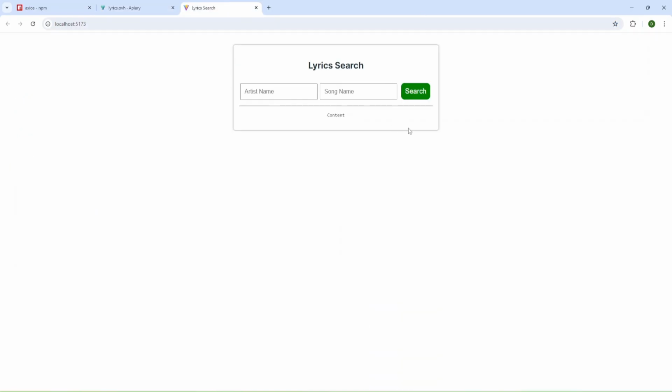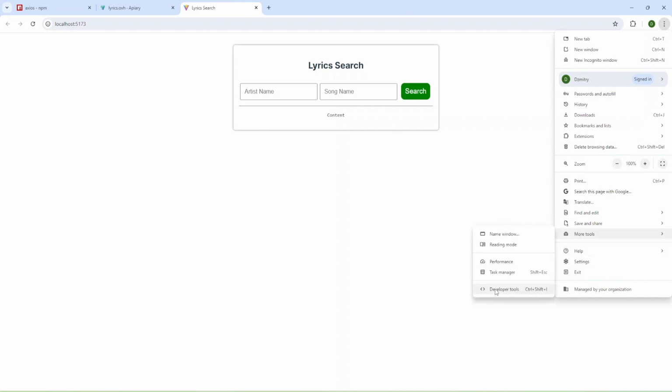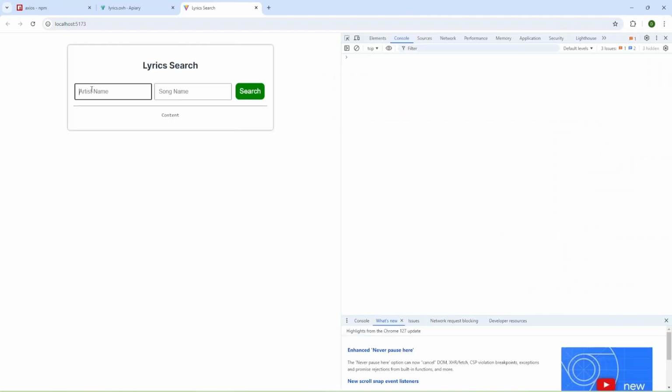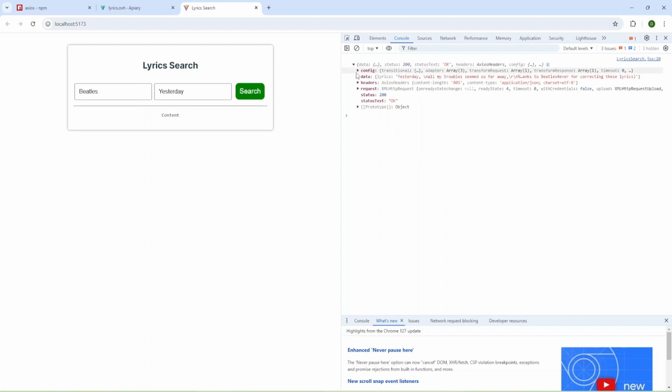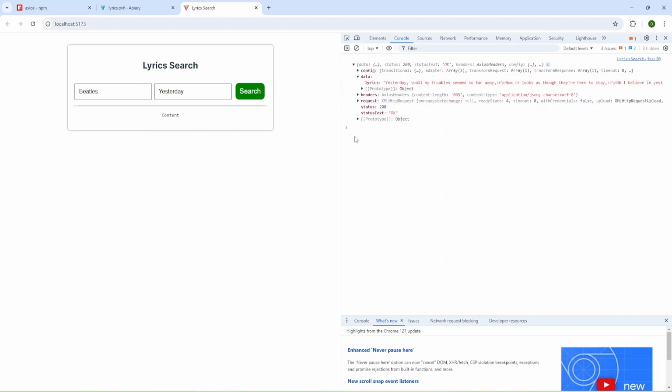I'm going to open my app and open developer tools and provide some artist and some song. Okay, and press search. As you can see, we have response, and inside response we have status 200 and status text. And we have data, and inside data we have lyrics.